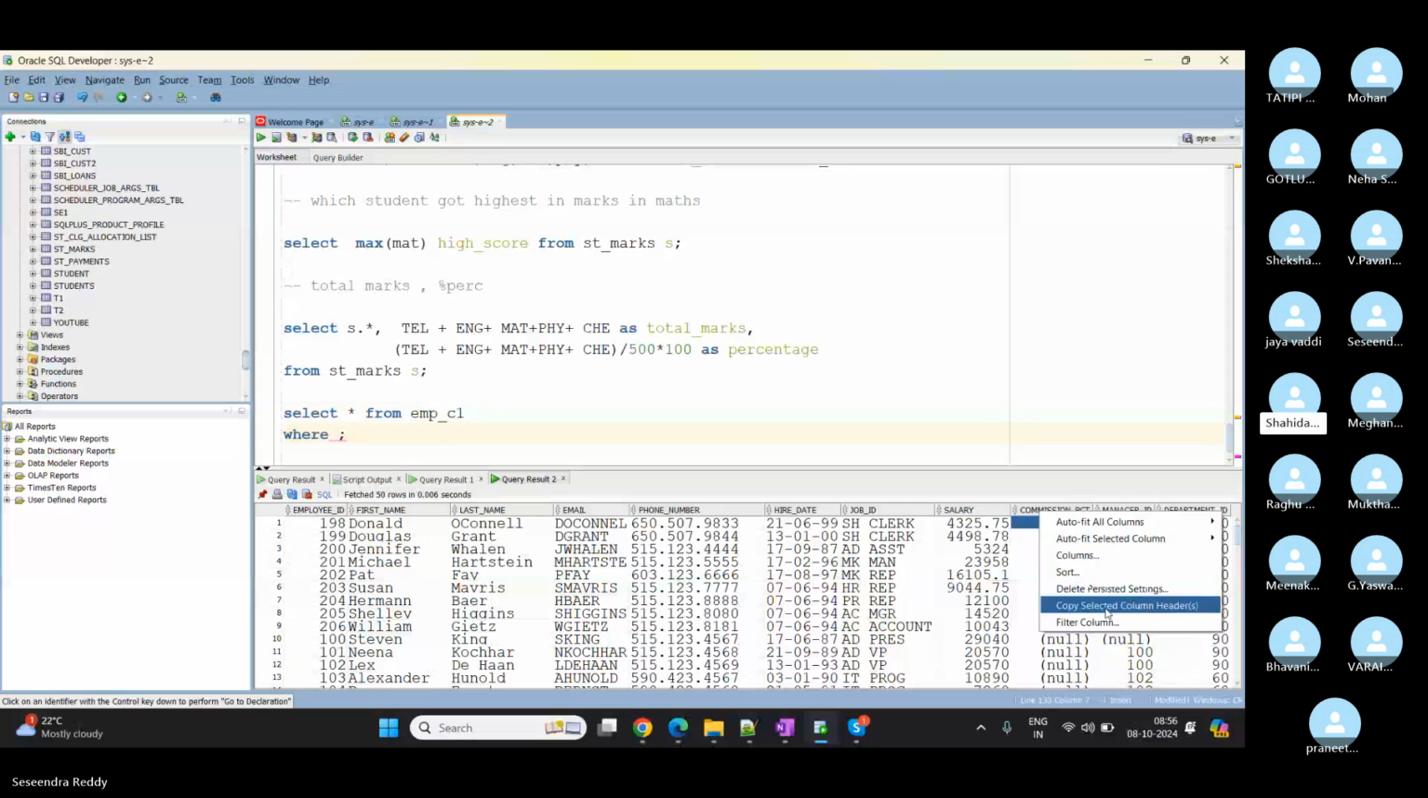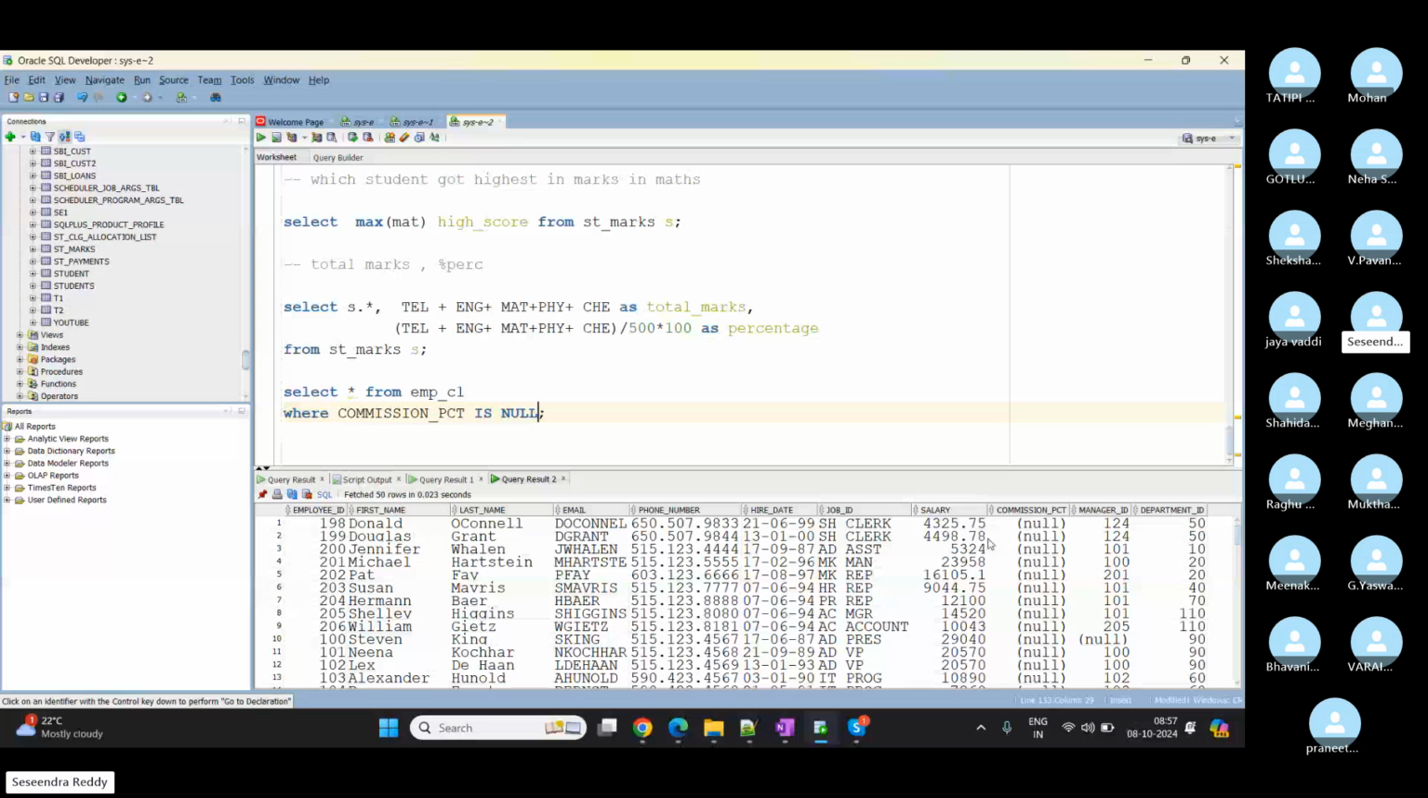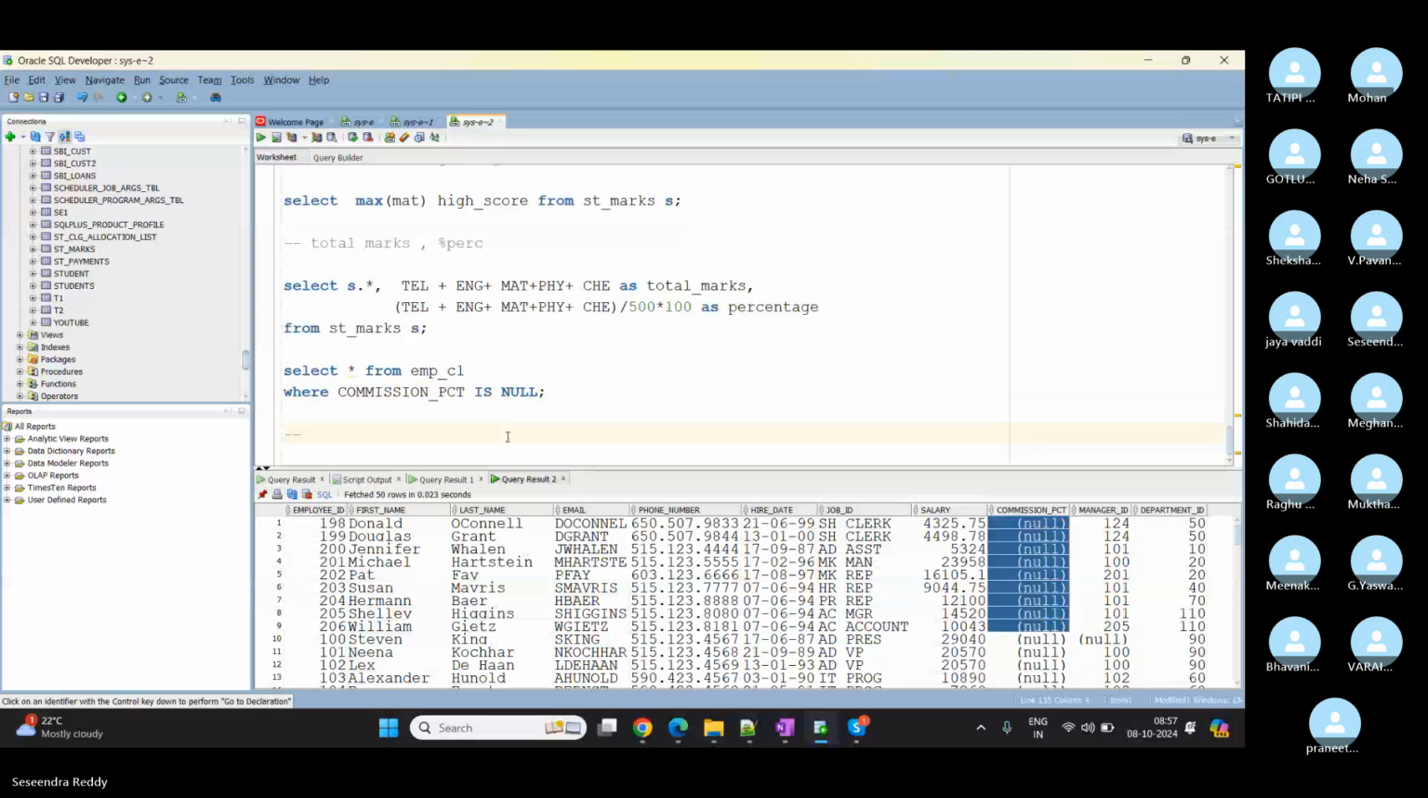Where commission percentage is null. Percentage is null. Is null, right? So by using the is null operator we are able to print the values. Now my requirement is to